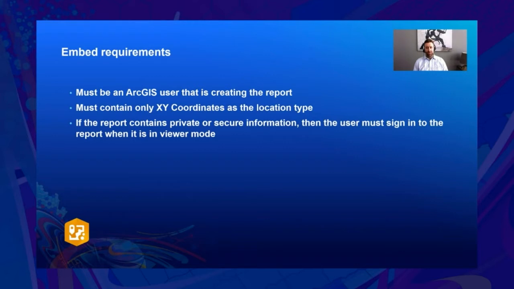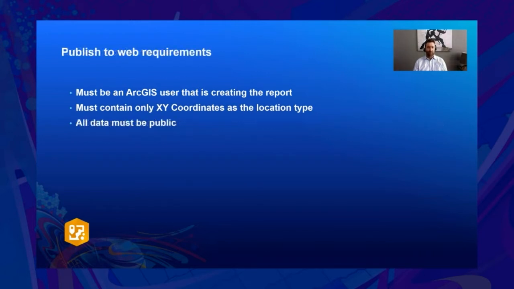With this initial release to support embedded and publish to web, we only support Power BI data that contains an XY location. If the report contains private or secure information, the viewer of your report must sign in to the visual to unlock or authenticate against ArcGIS and show that they have access to view those